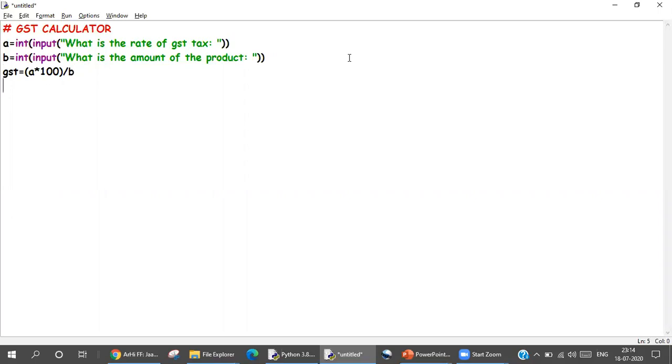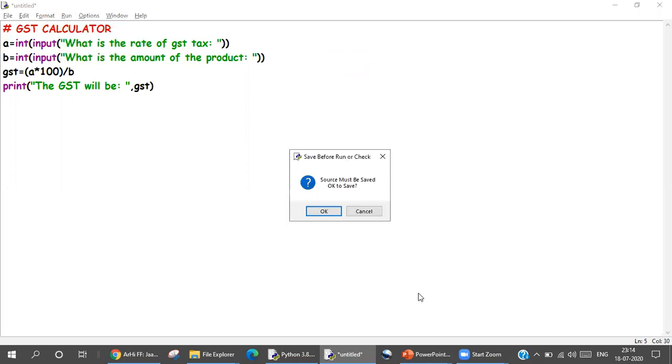Then on the next line, I'm going to print an output for the user, which says the GST will be, and then a comma, and then the variable that holds the answer, GST. Let's run this. Of course, I have to save it first.